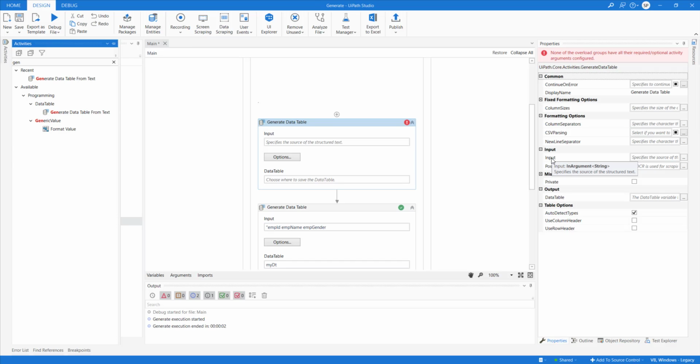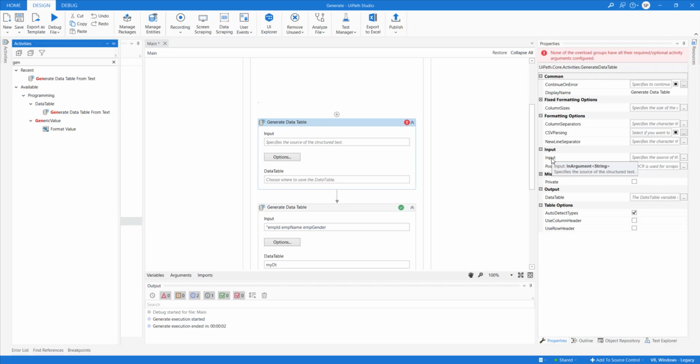And recall from the previous lesson that we should be able to read a text file or a CSV file using a file operation, and the result will be stored in a string. So we can combine those two activities.